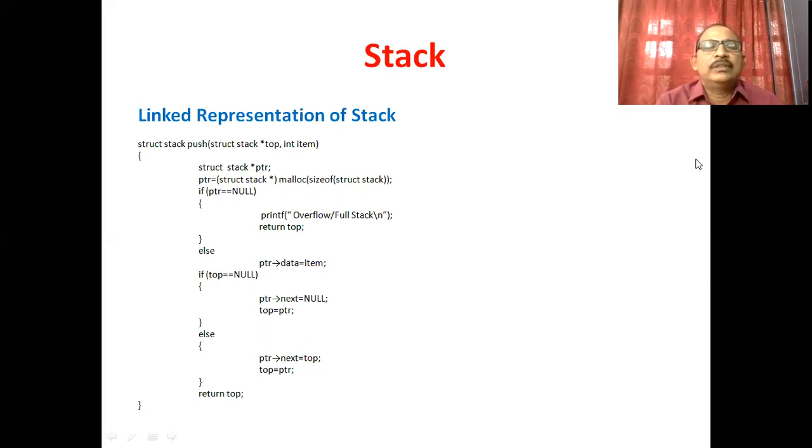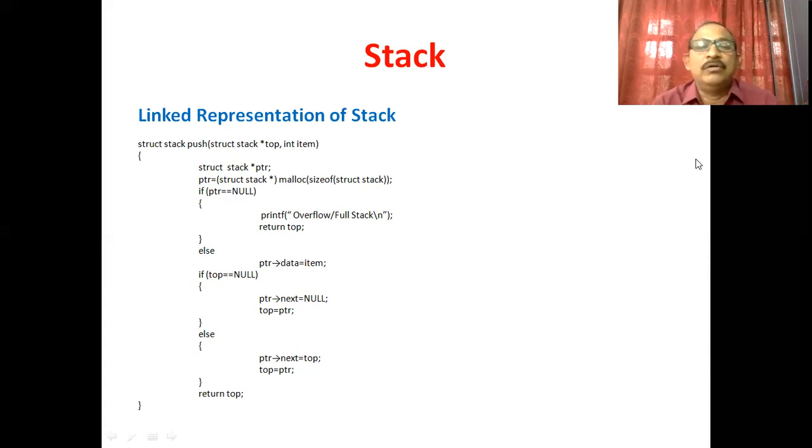First, we declare PTR as a pointer variable of type node. Okay. Next step, we allocate memory space of the size of a node of the stack and set PTR to that node. If PTR is equal to null, what does it mean?